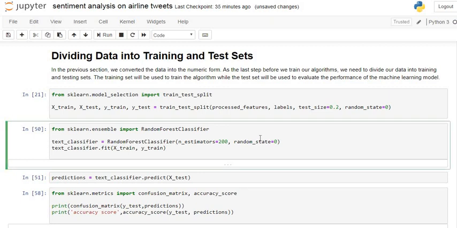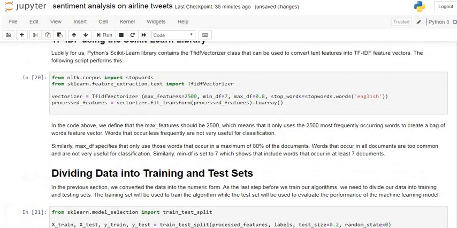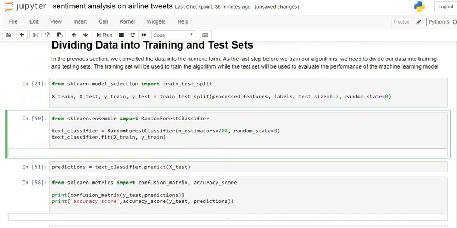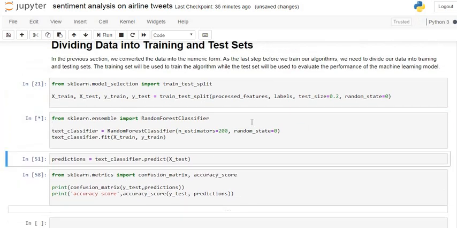Now we apply a random forest classifier to the numerical data obtained from the tweet text after applying the TF-IDF vectorizer. So let's apply this machine learning model. Our dataset contains more than 50,000 data points, that's why we require much more time for running this machine learning model, random forest classifier.